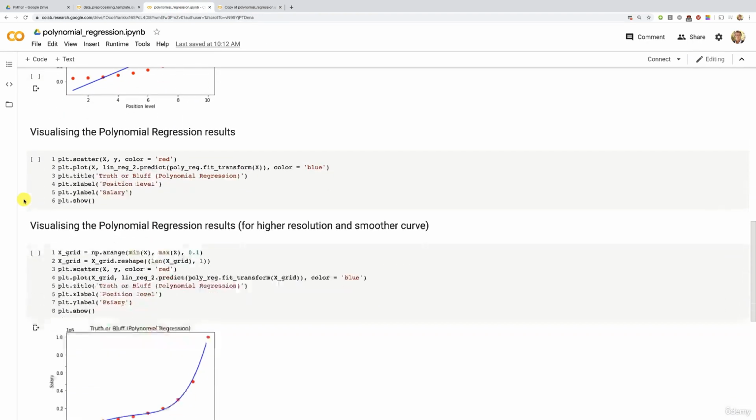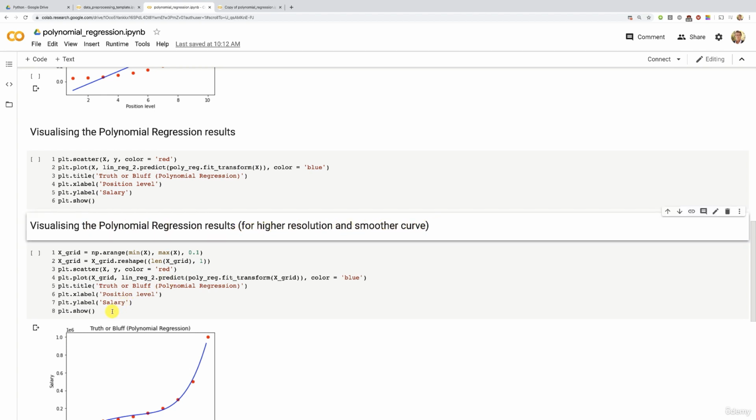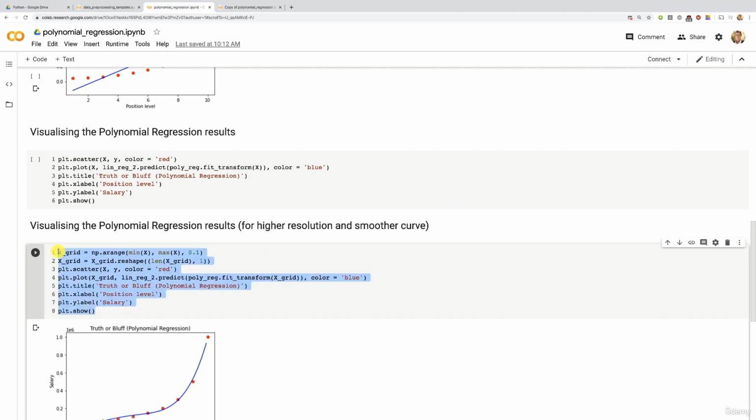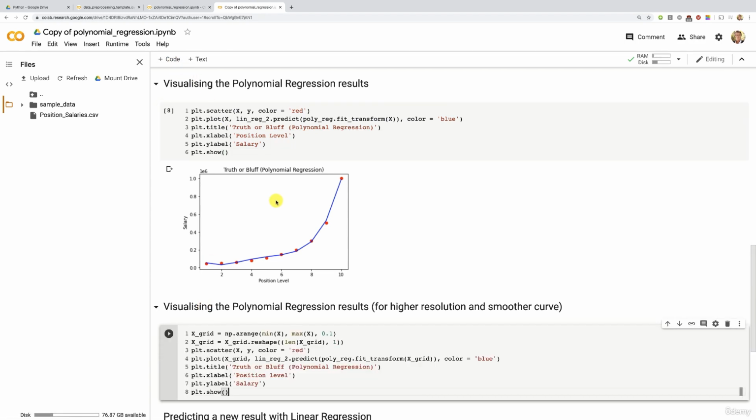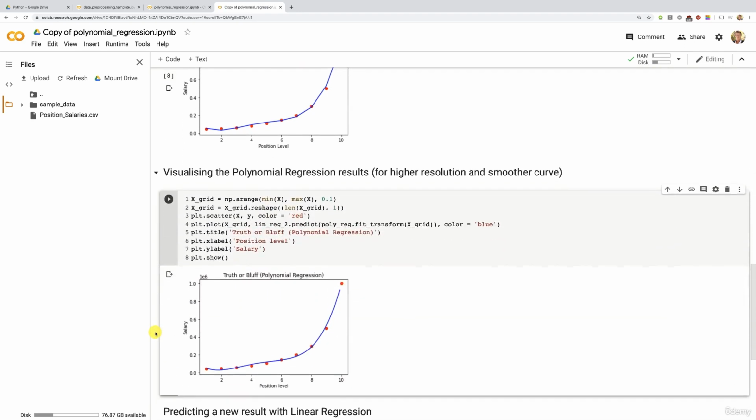It is actually right here. You see visualizing the polynomial regression result for higher resolution and smoother curve. So I'm going to take all this code and then paste it in our copy of the implementation right here in a new code cell. And you will see that we will get indeed a much smoother and more beautiful curve, as you can see,